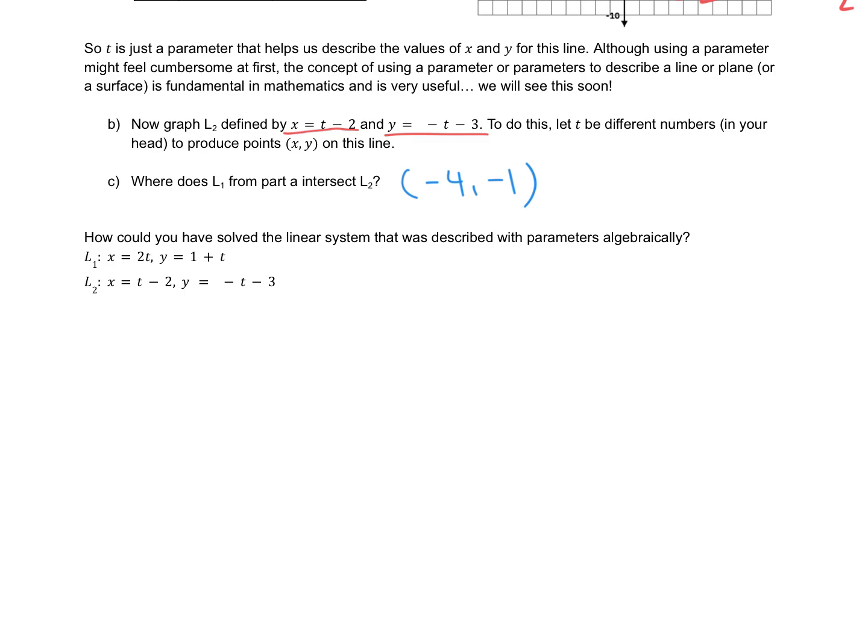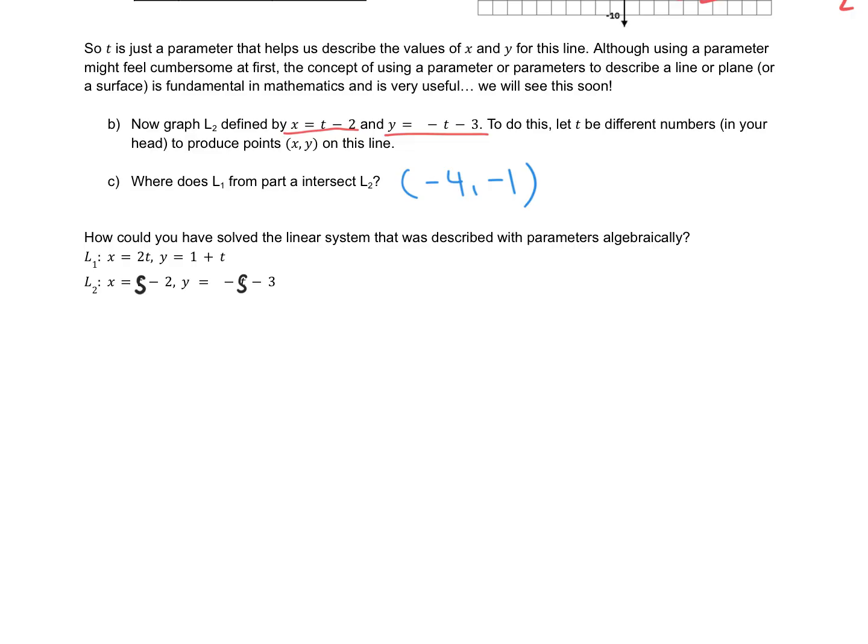Now, looking back at this question, it actually wasn't the greatest idea to use the same parameter for the second line. So I'm actually just going to go in here and modify. Instead of t, I'll use a different variable. I'm going to use s. So I'm going to define line 2 as a different parameter, s minus 2, and negative s minus 3. Because when I have different lines, they should actually have a different variable for the parameter. All right, with that in mind, we are trying to find the point of intersection between these two lines,